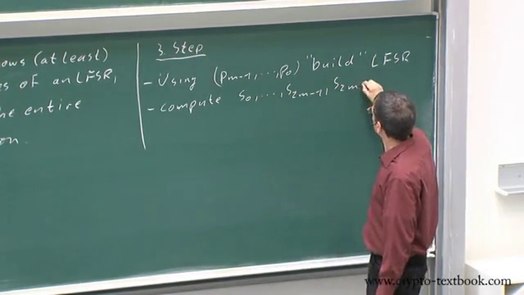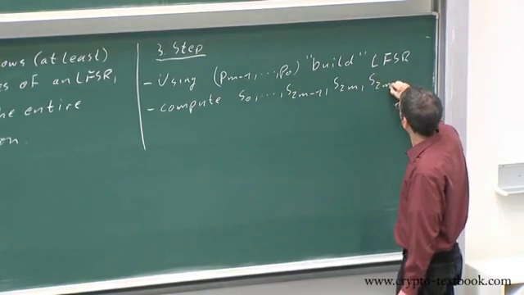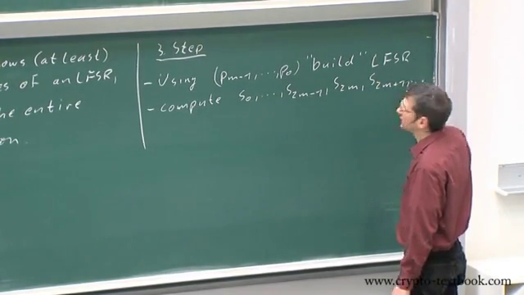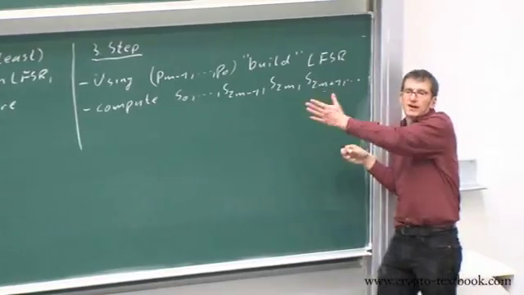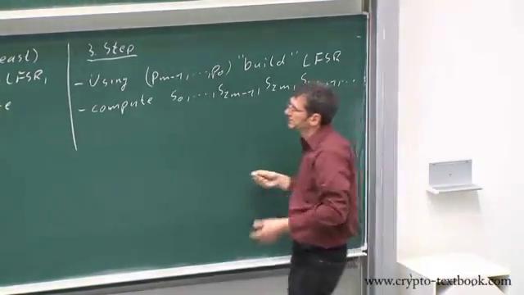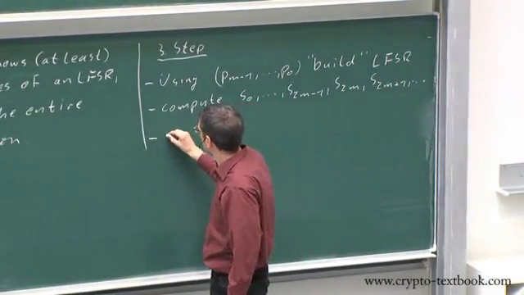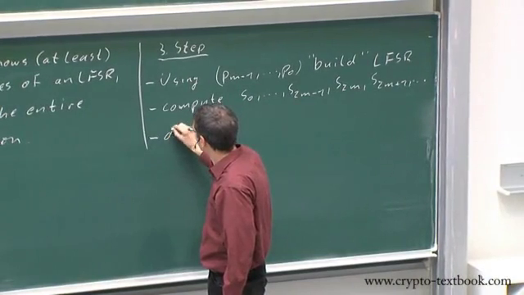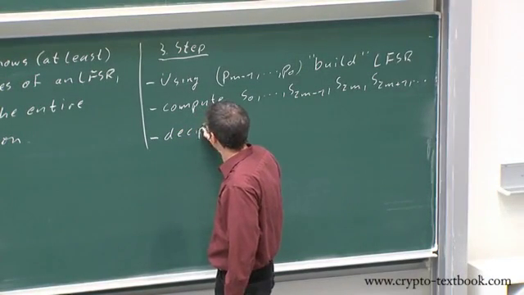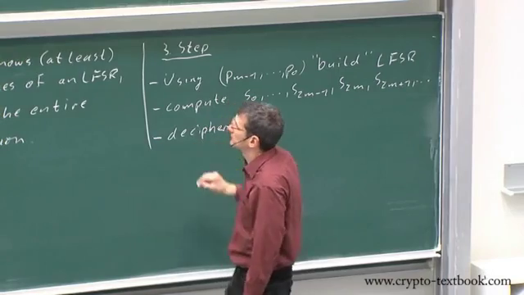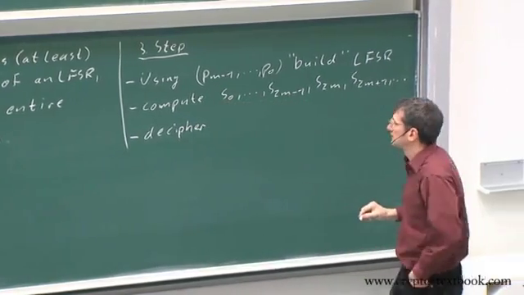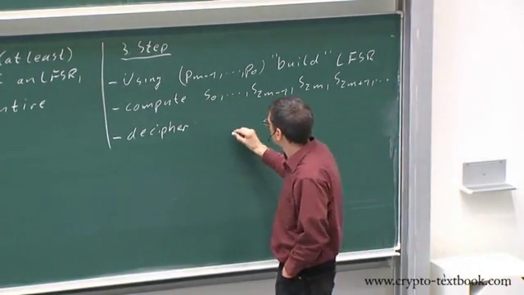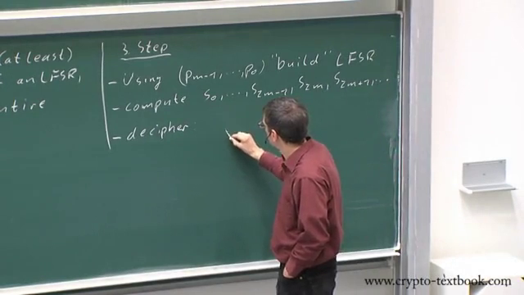He can now generate S_{2m}, S_{2m+1}, and so forth. He can compute the entire output. Okay? And now decipher. What does he do? He can now compute